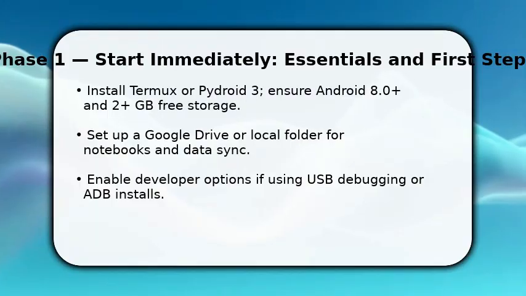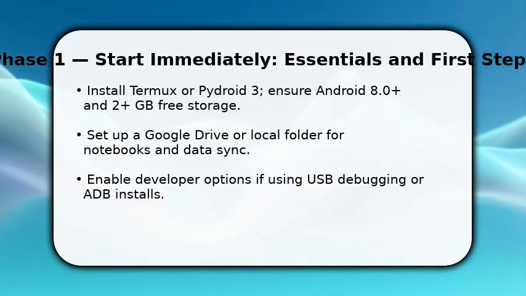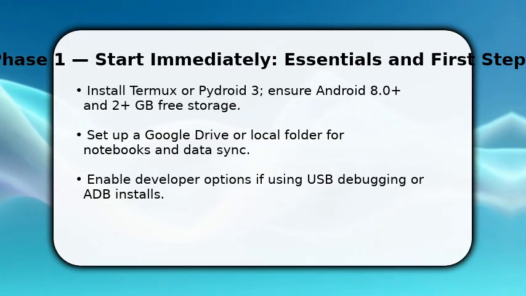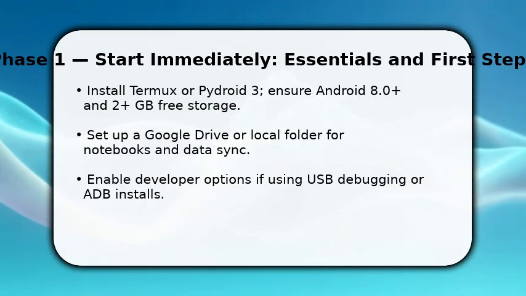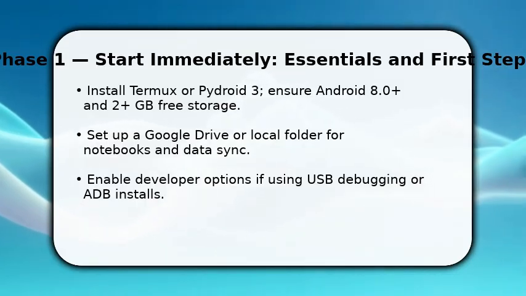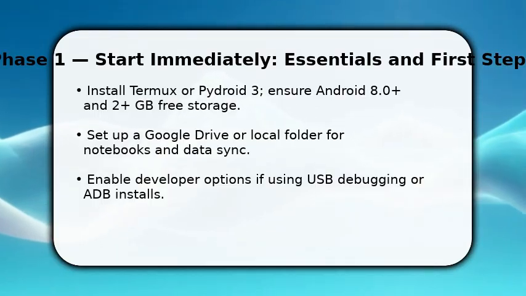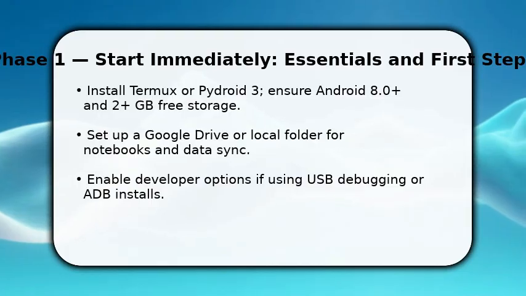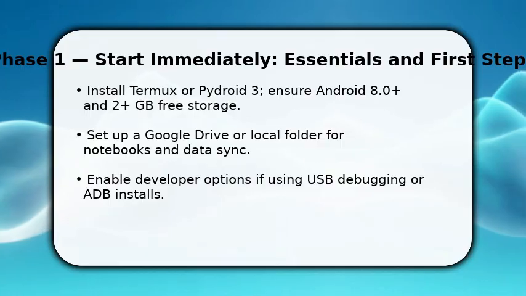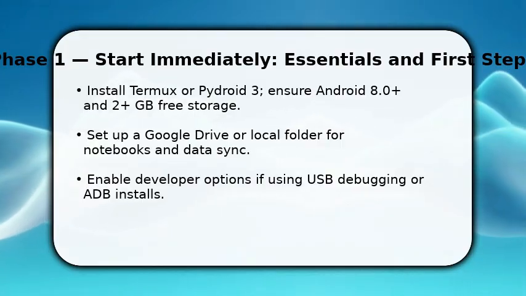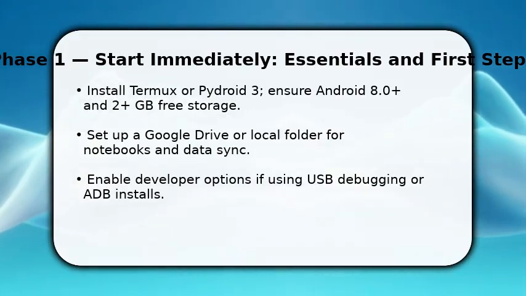You will start by preparing your environment. Install Termux or Pydroid 3 now because they give you a Linux-like shell and Python runtime. Once done, grant storage permission and link a Google Drive folder or local path so notebooks persist. Make sure Android is 8.0 or higher, and you have at least 2 GB free. This prevents install failures. Finally, if you plan to use ADB or advanced installs, enable developer options and USB debugging